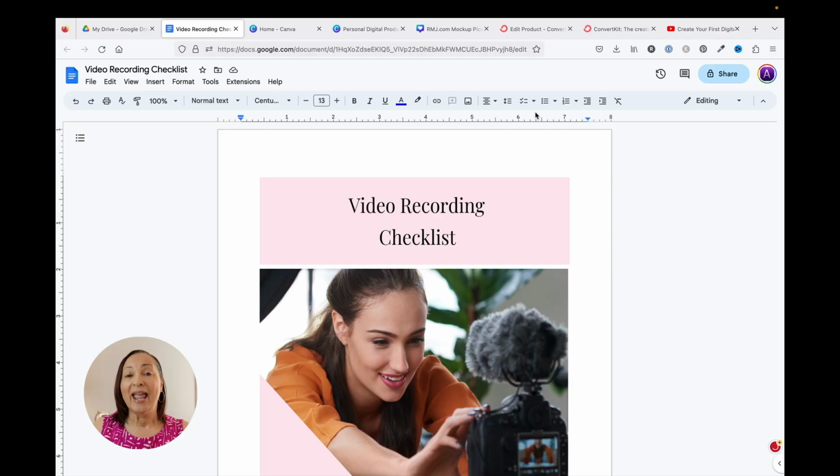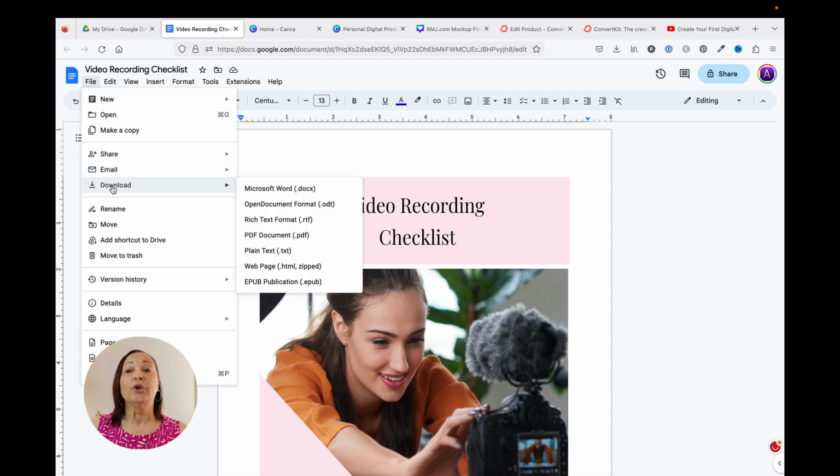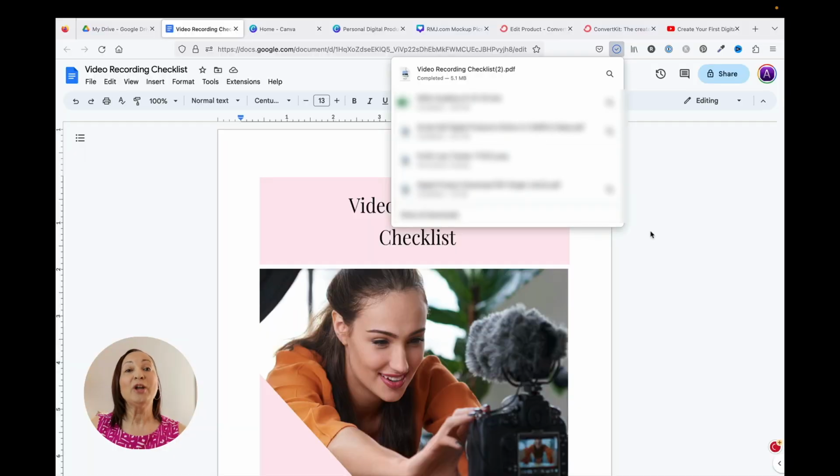So I'm going to show you using 3 of the most common ways that people create their digital products, how you can actually convert it to a PDF. So let's jump right over into my computer, and I have a Google Doc pulled up. So in this Google Doc, in order to convert this to a PDF, all that you need to do is click on File. You're going to come down to where it says Download, and then go over to where it says PDF Document. Click on that. Once you click on that, it's going to convert your Google Doc into a PDF.